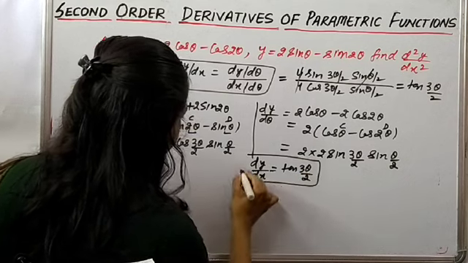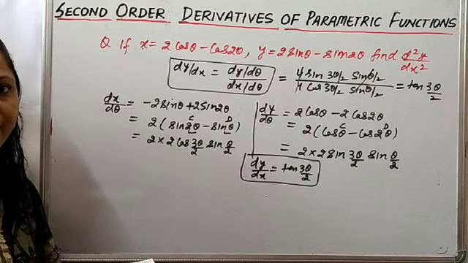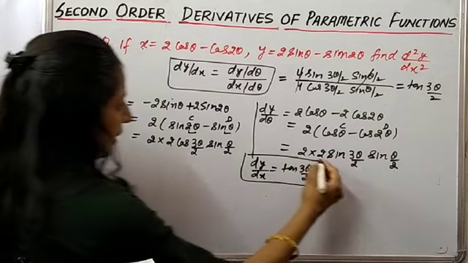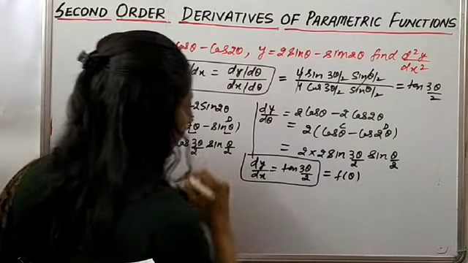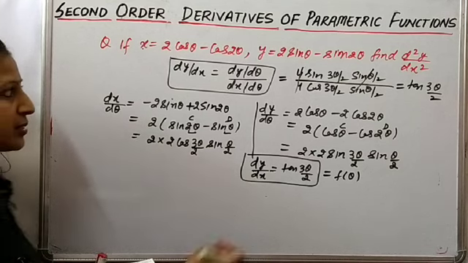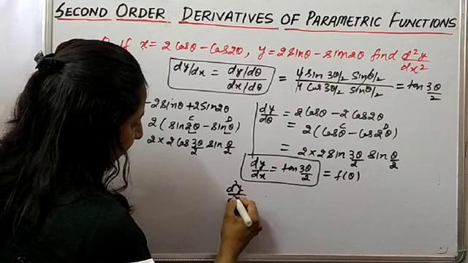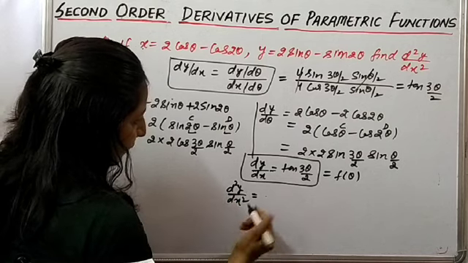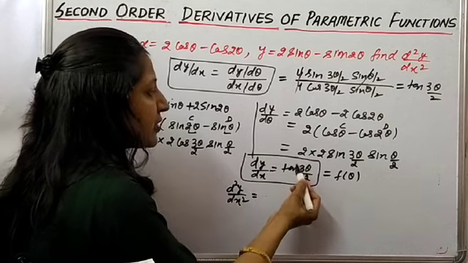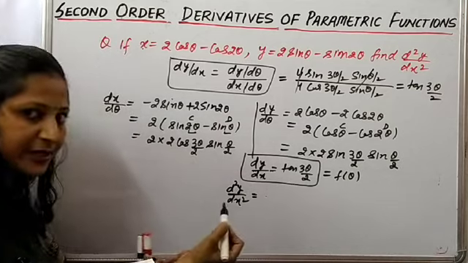So it is a function of theta, because here the variable, the parameter we are taking, is theta, right? Now again differentiate both sides with respect to x, because we have to find d2y upon dx square. So d2y upon dx square is equal to, as it is a function of theta here, first of all we will differentiate with respect to theta,